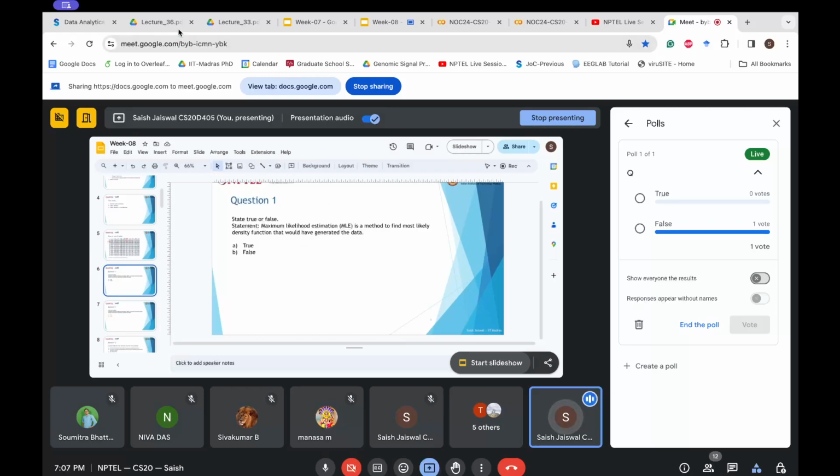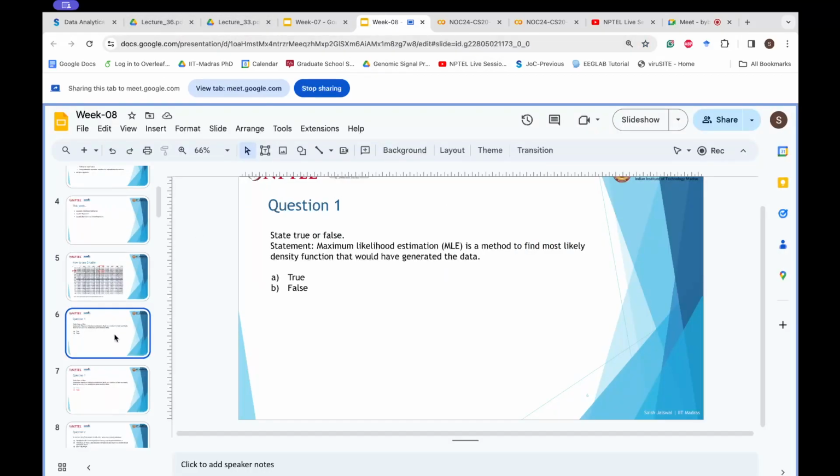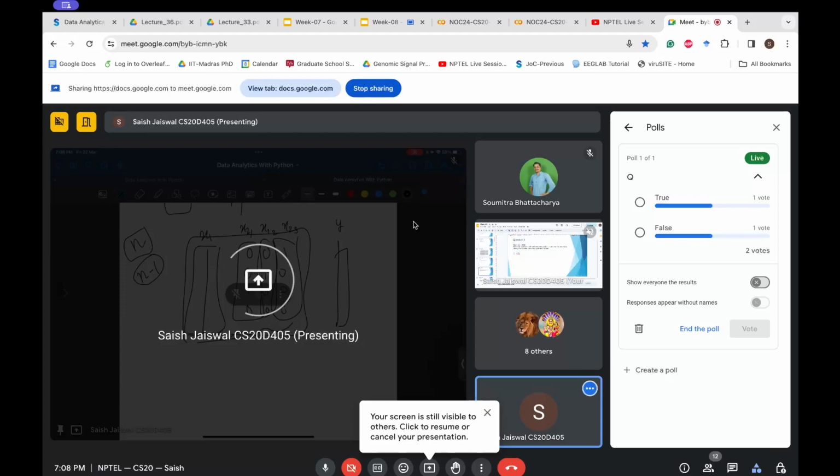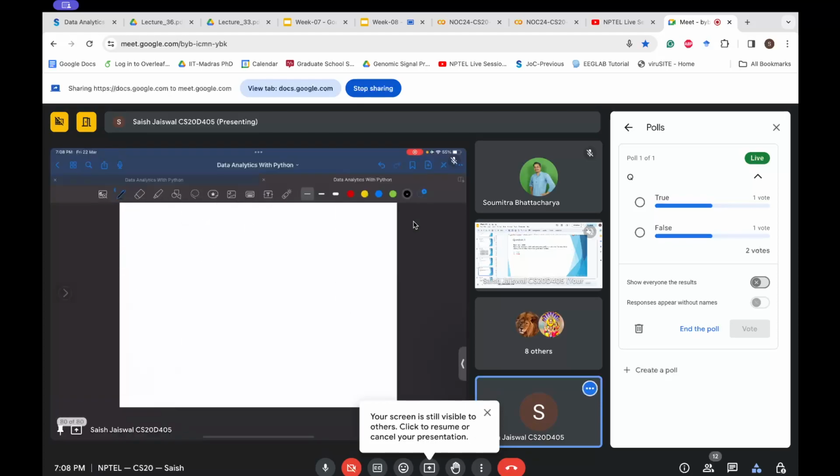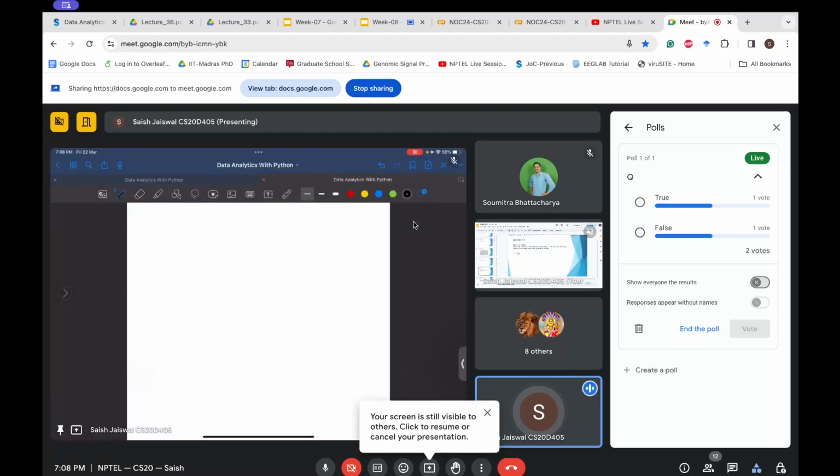Okay, let us see the answer. So the answer is true. Let me quickly recap what we saw just now. What does maximum likelihood estimation do? Given the set of data points,